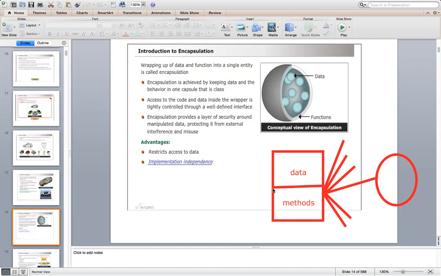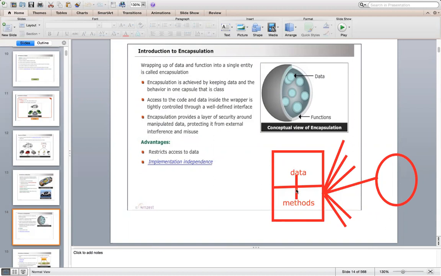So here what we are doing is wrapping up this data and methods into a single unit. That means we are tying these things together tightly. That means this particular data can be accessed only through these methods.